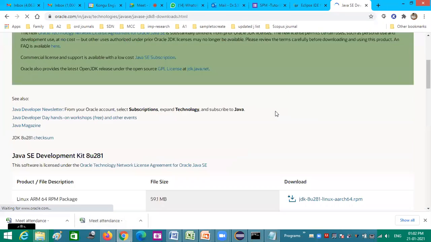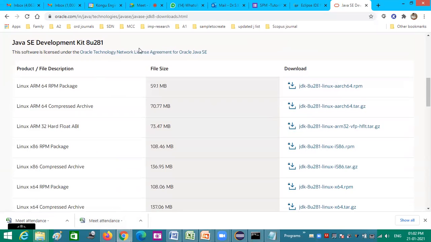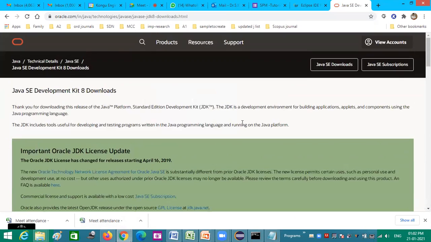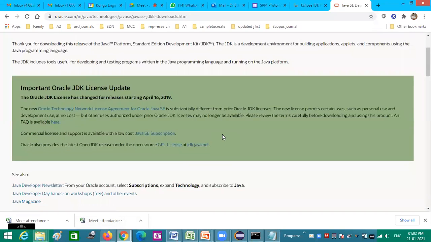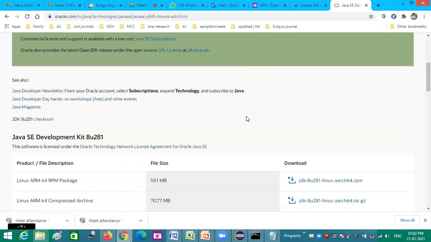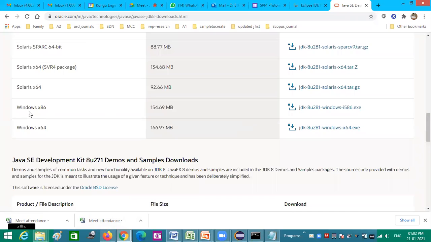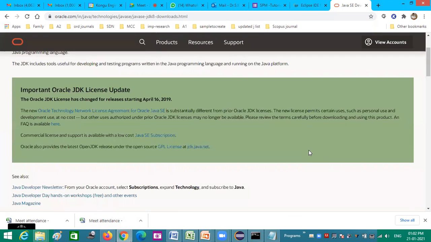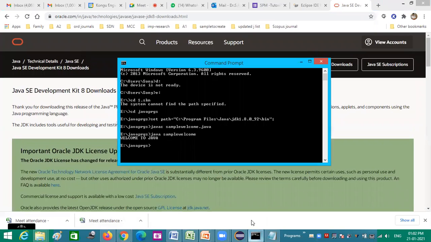You could see here JDK for Linux. All these are for Linux. For Windows, we can specifically mention it, here for Linux. So for Windows 64, the JDK is available here. JDK 8, even the latest JDK 12, JDK 15, you can install that also. Once you have installed it, you can directly run in the command prompt.